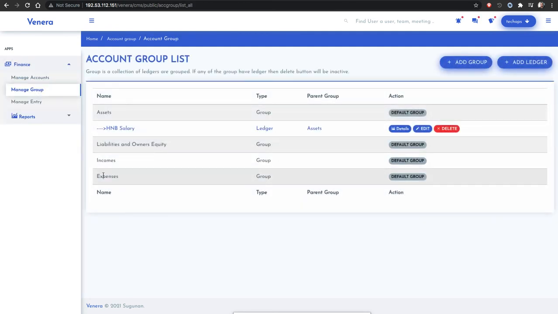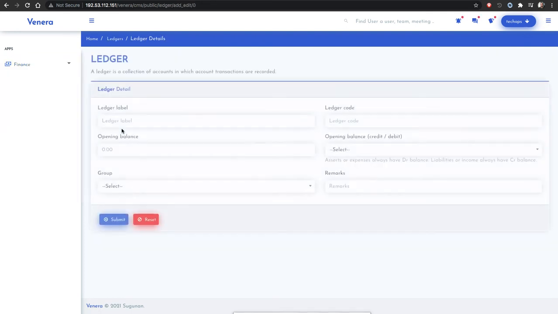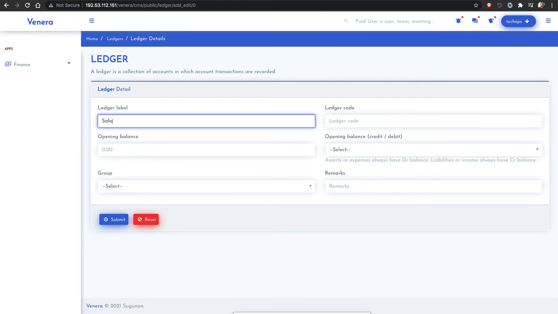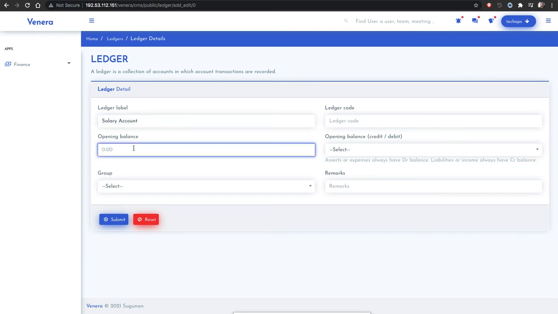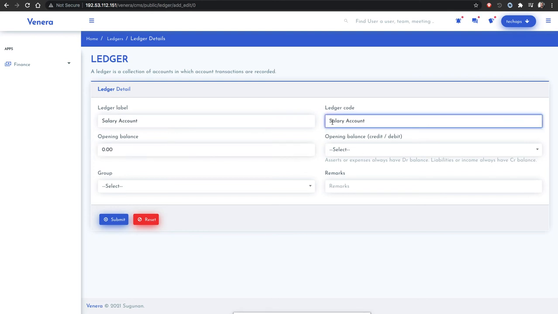I want to add two more ledgers, one for income and one for expense. Actually salary is coming to my bank account, but this is the double entry concept. In the double entry concept, we need to have some virtual account that will maintain where we are taking the salary from. So I have to put that virtual account. I will put it under the income bucket, and I will put this virtual account.